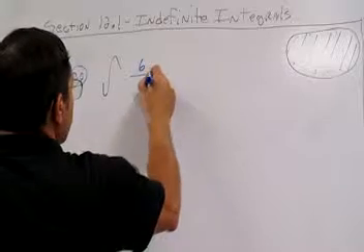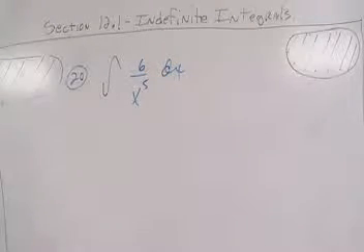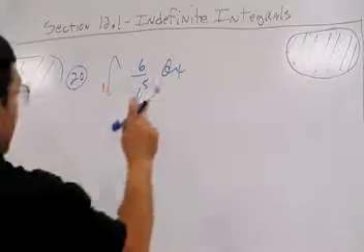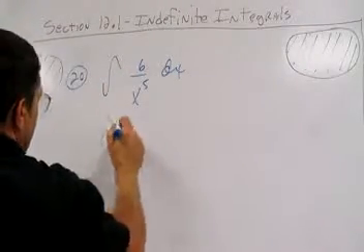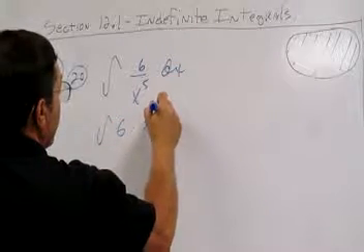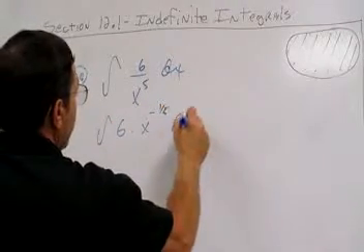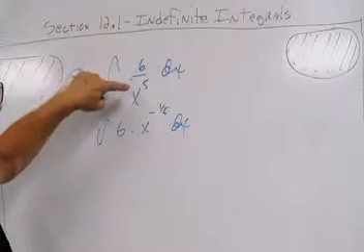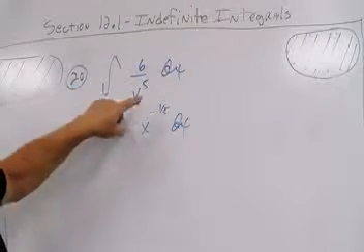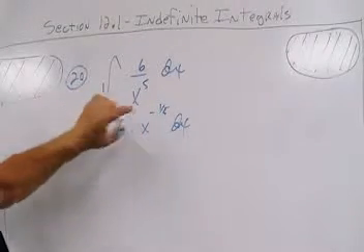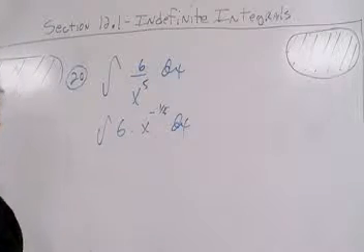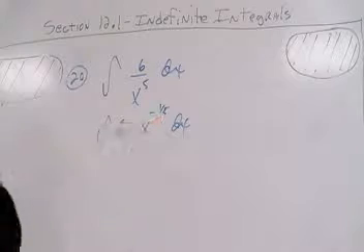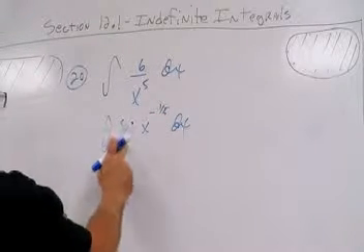Okay, what a real mathematician will do with this is he'll think of it like this. He'll factor that, he'll write it like this. 6 over x to the fifth would be 6 times 1 over x to the fifth. And everybody with any experience using properties of exponents would write 1 over x to the fifth as x to the negative 1/5. Then you will factor that 6 out